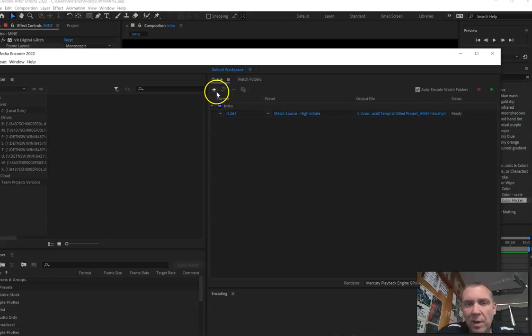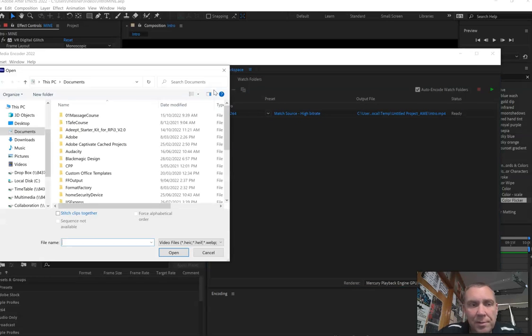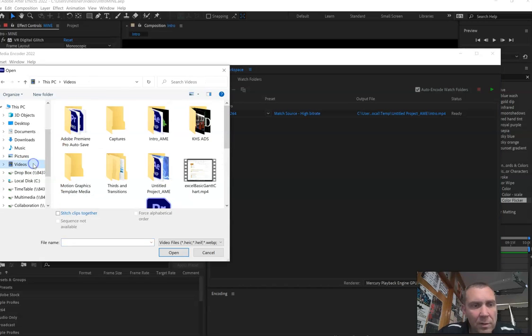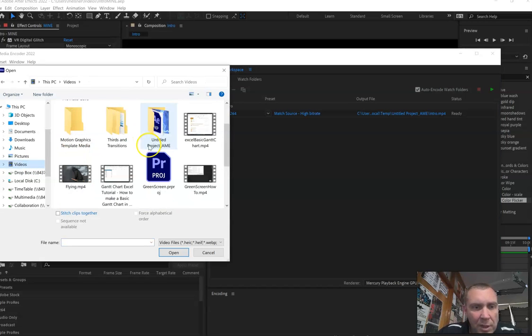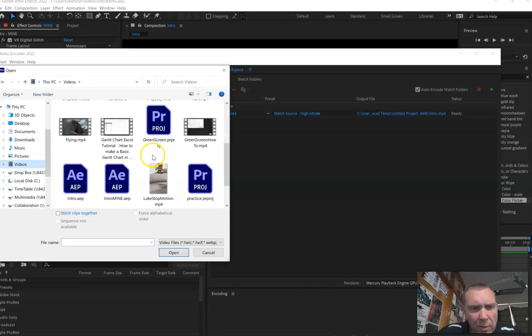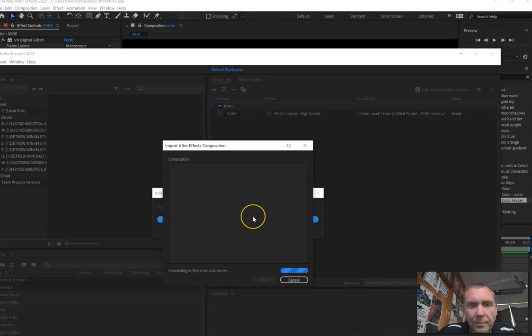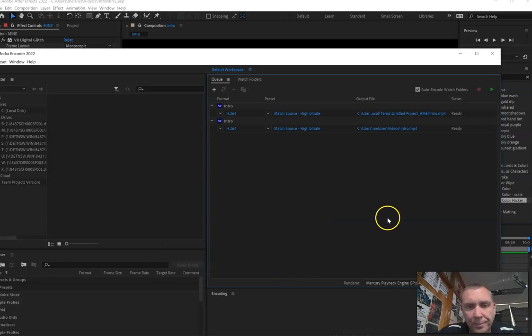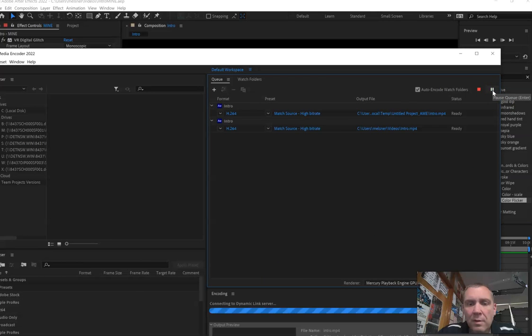Is that intro one, but if it doesn't load in there for whatever reason, if I click on this plus button, I go to my videos, and I can load my project. So I scroll down to find intro. That's the intro mine. I open that. That just finds all the files. Click OK. And so now if I click play, it's going to load and process that file for me and convert it to MP4 because we've got that H.264